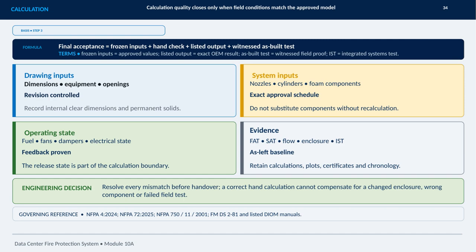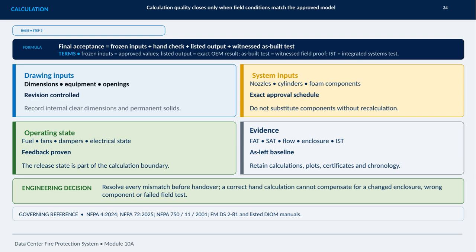First, drawing inputs. Verify dimensions, equipment, openings, internal clearances, and permanent solids, all under revision control. Second, system inputs. Confirm the approved nozzles, cylinders, foam components, and approval schedule. Substitutions require recalculation. Third, operating state. Fuel, fans, dampers, and electrical conditions must reflect the intended release state, with feedback proven. Finally, preserve the evidence, including FAT and SAT records, flow and enclosure tests, integrated systems testing, certificates, plots, calculations, and